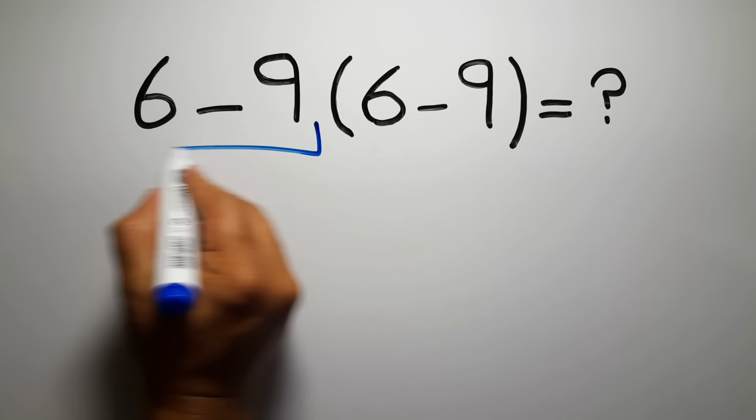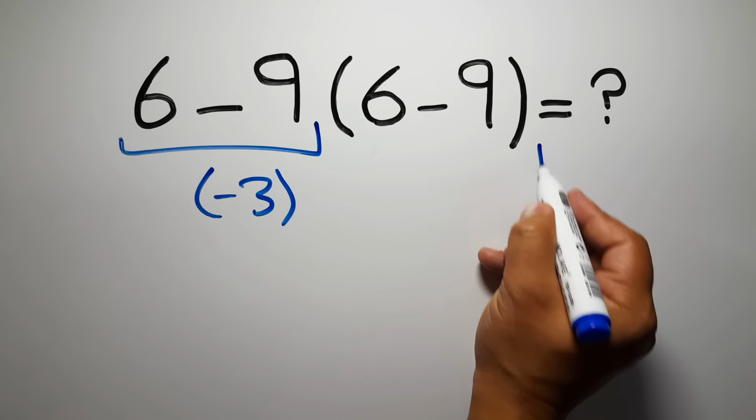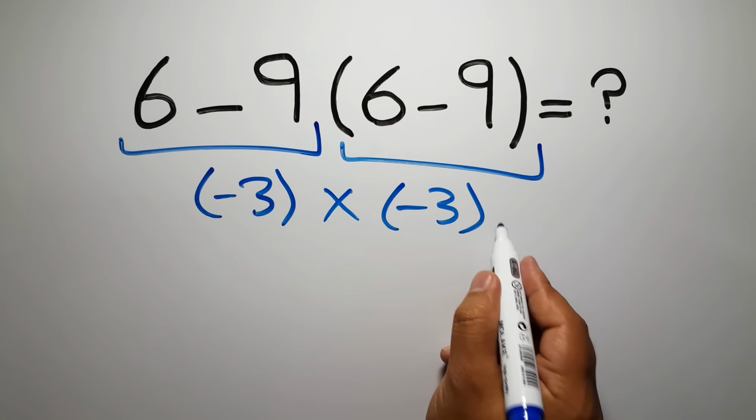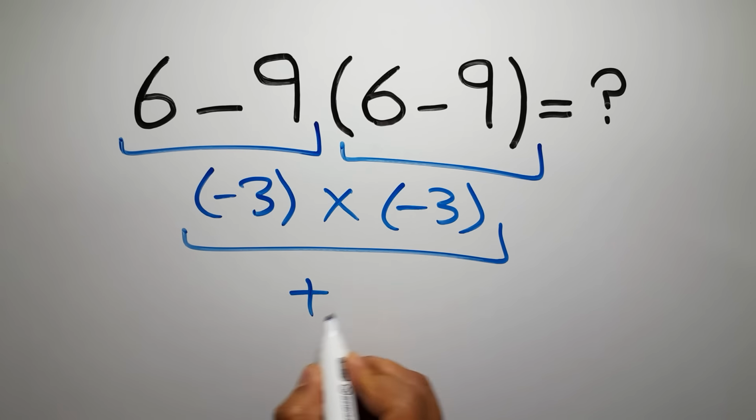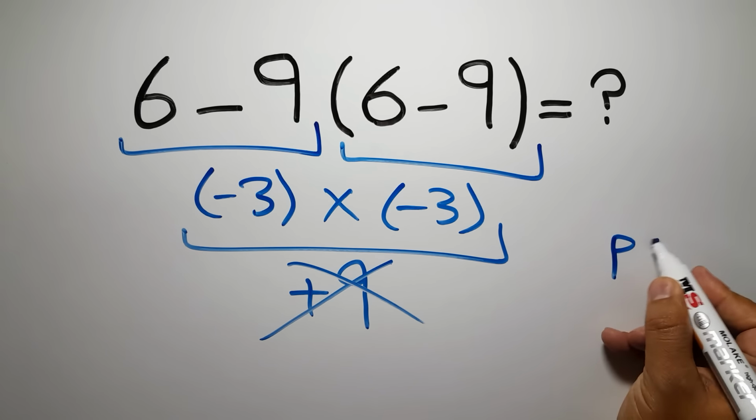6 minus 9 gives us negative 3. And again here we have 6 minus 9. So negative 3 times negative 3, which gives us positive 9. But this answer is not correct, because according to the rule of operations, first we have to do parentheses, then